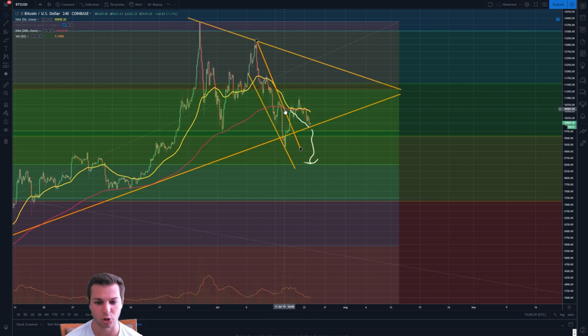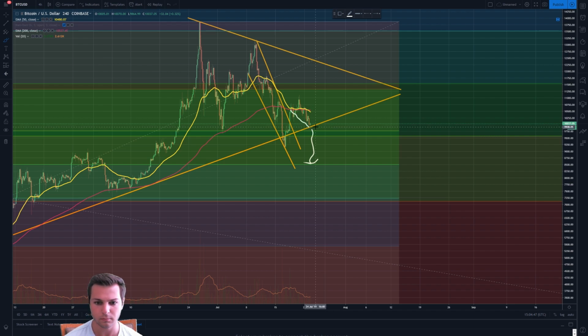However, it's still a death cross on the 4-hour, so it still does mean something. It's still not necessarily a good sign to see. This could actually just turn back around, and maybe all of this is contradicted. Bitcoin looks like it's actually getting a nice bounce off of this support line, as I was talking about over here, and that bounce is going to be just around this